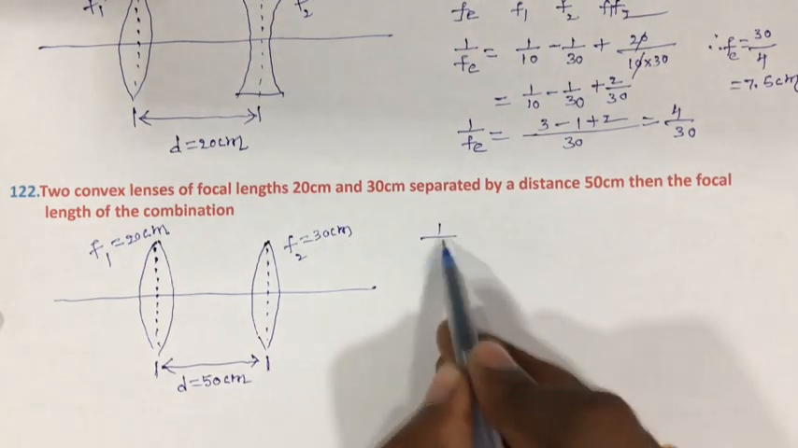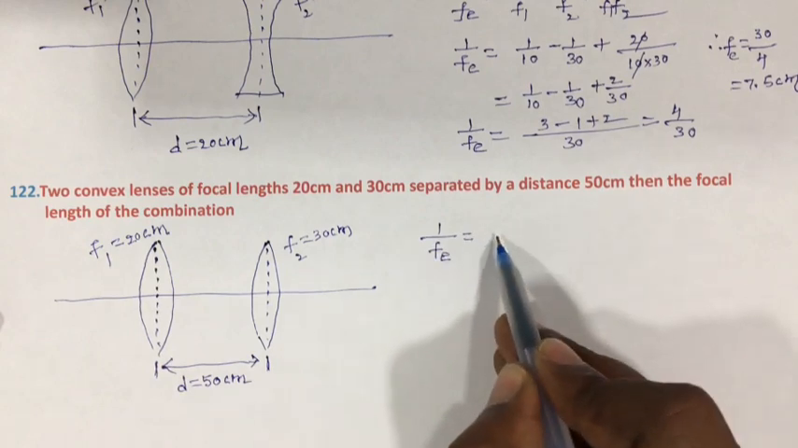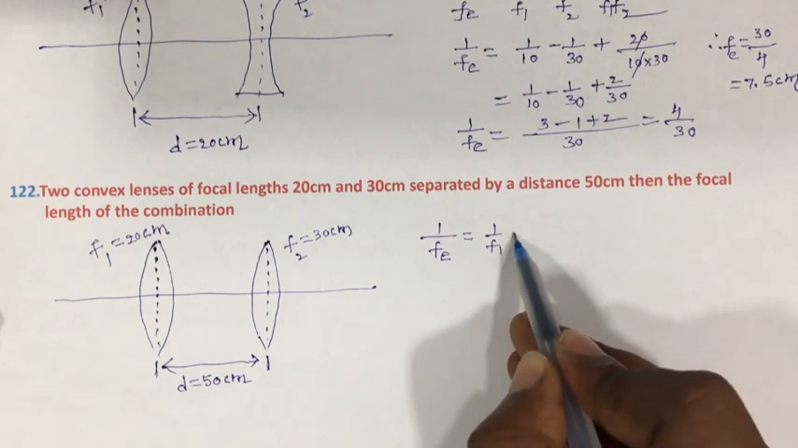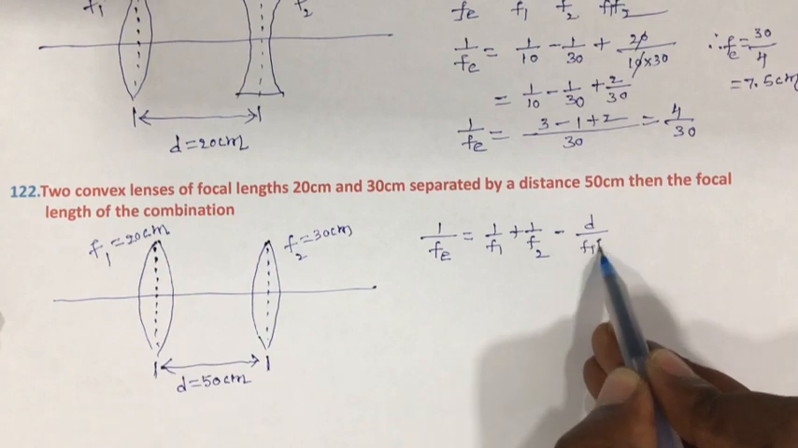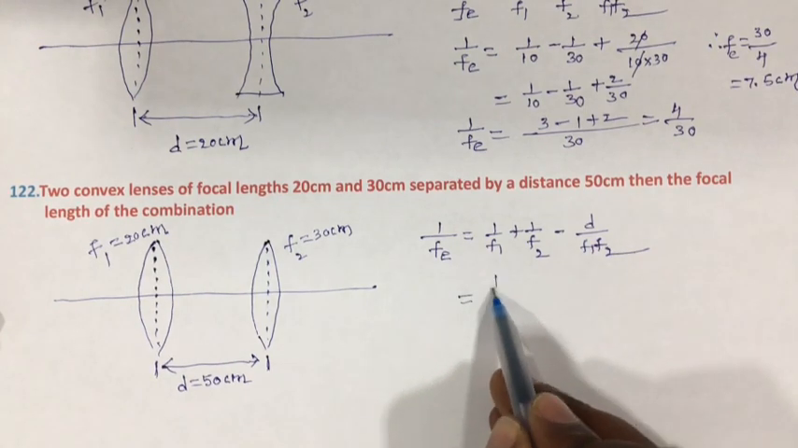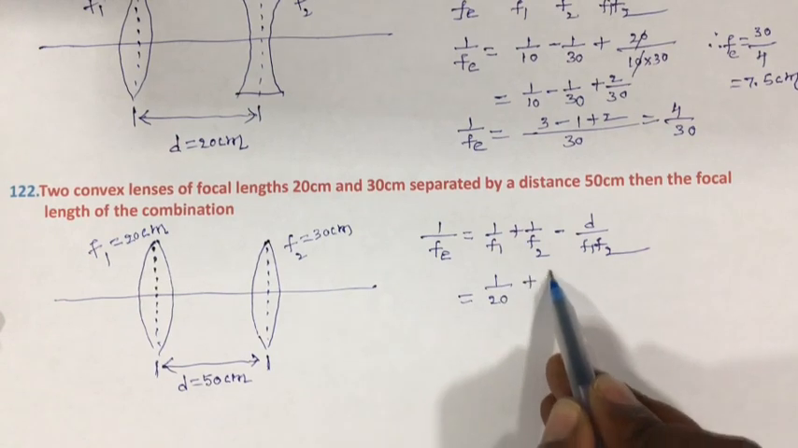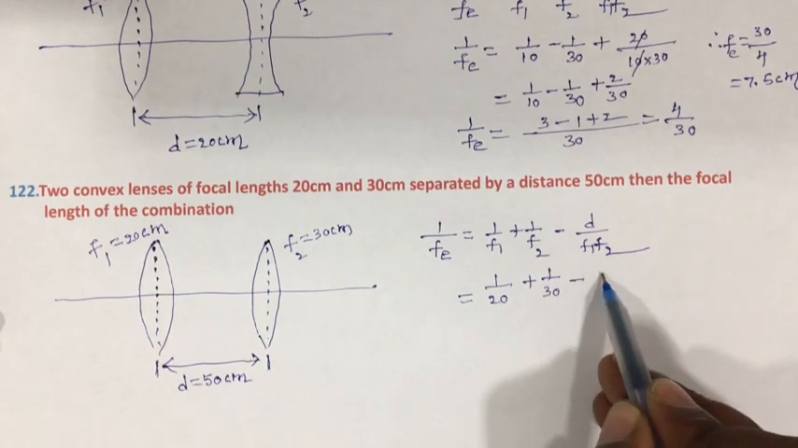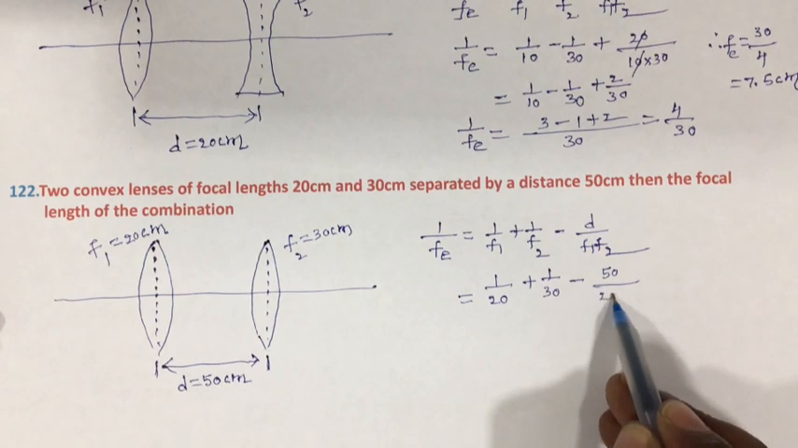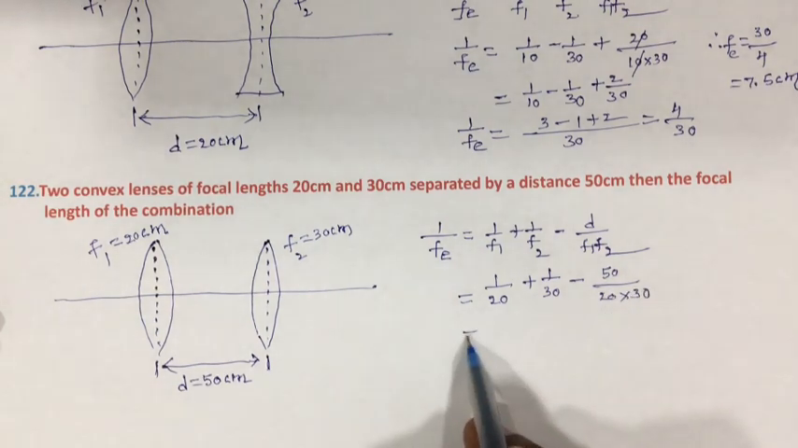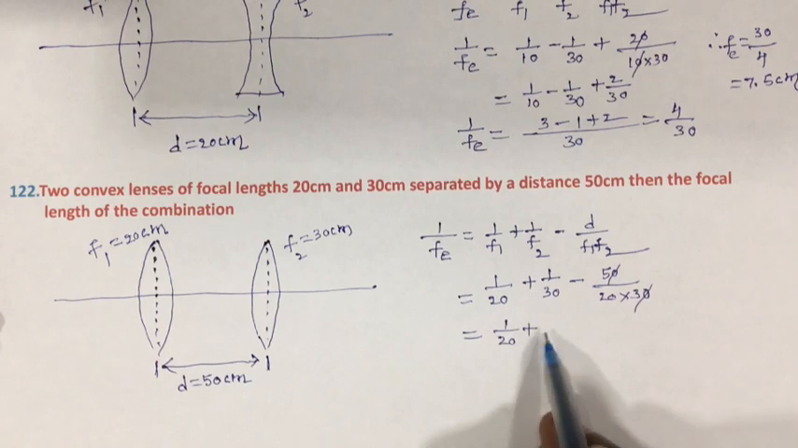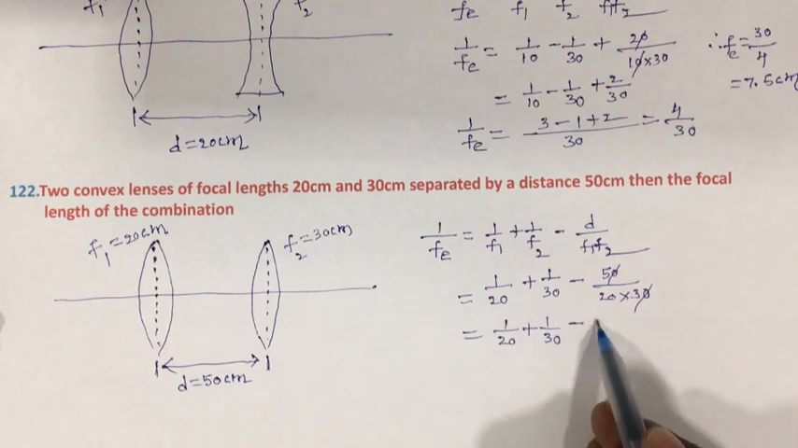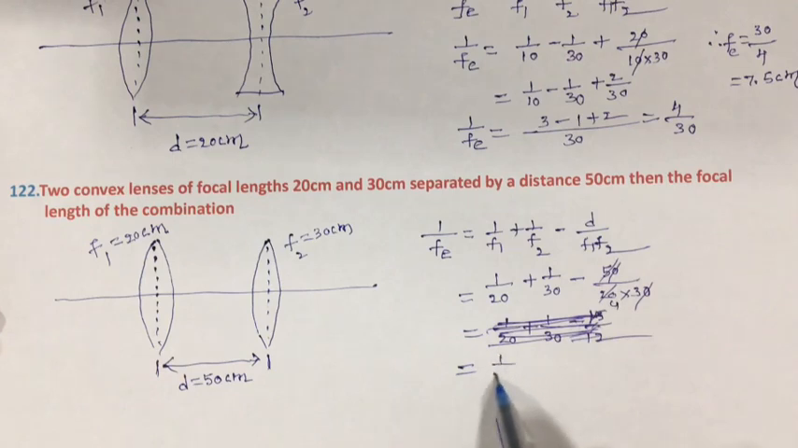The formula for effective length of combination: 1 upon Fe is equal to, both are convex lenses, so 1 upon F1 plus 1 upon F2 minus D upon F1 F2. That is equal to 1 upon F1 is 20 plus 1 upon F2 is 30 minus D, distance between the lenses, 50 upon F1 20 times F2 30. Here 0 0 cancel, 1 upon 20 plus 1 upon 30 minus 5 after cancellation,